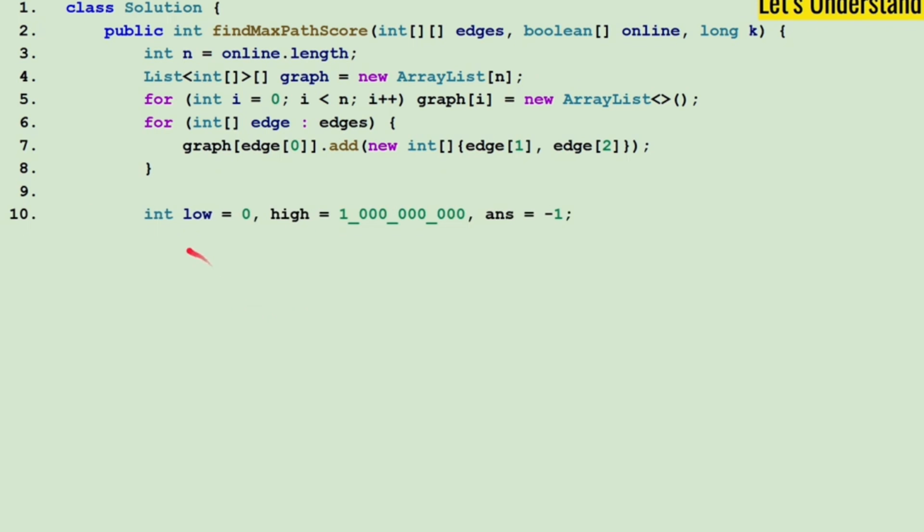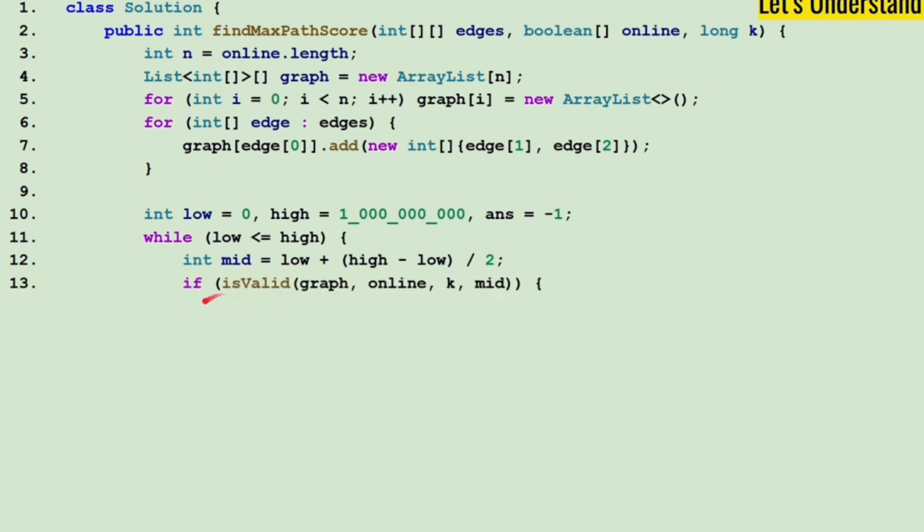Now we'll do the binary search. So we'll take int low at 0 and high will be 10 to the power 7, and answer is -1. You can see the constraint in the problem, and you can understand why we are taking that. Answer is -1, initially we have initialized, so we'll go with low less than or equal to high. We'll find mid equal to low plus (high minus low) by 2, and you will get the mid. You know the binary search, right? So we'll check